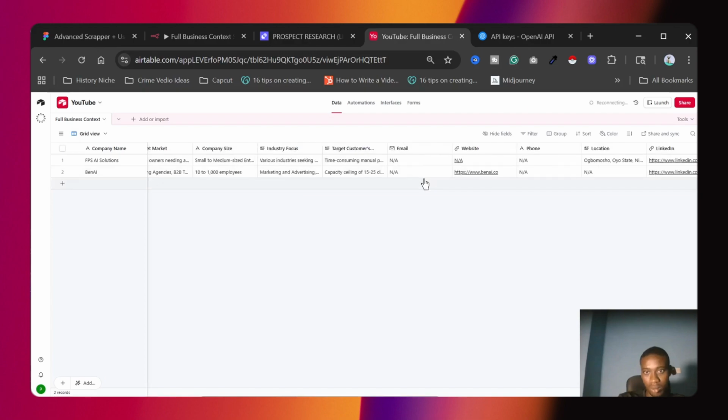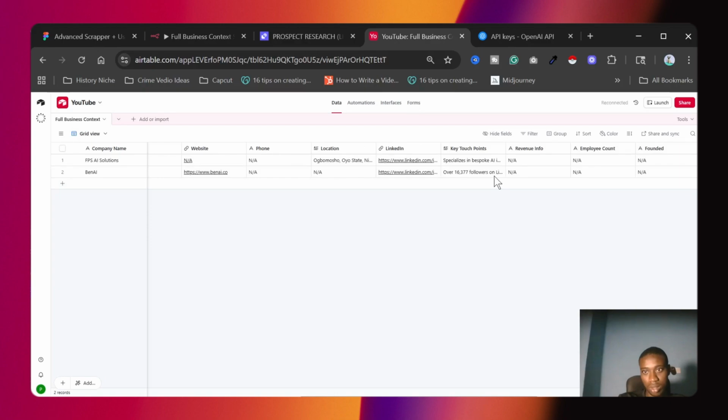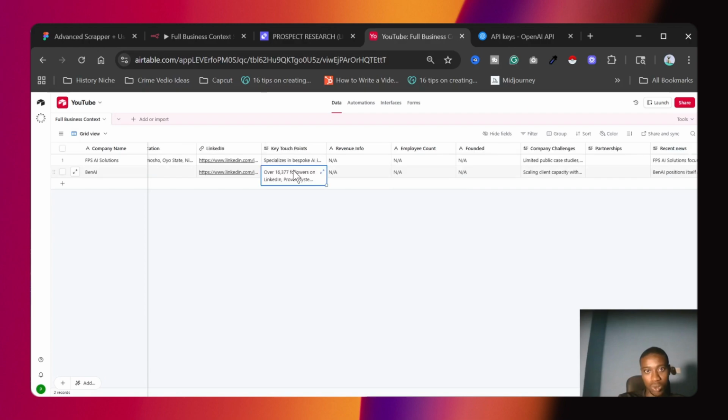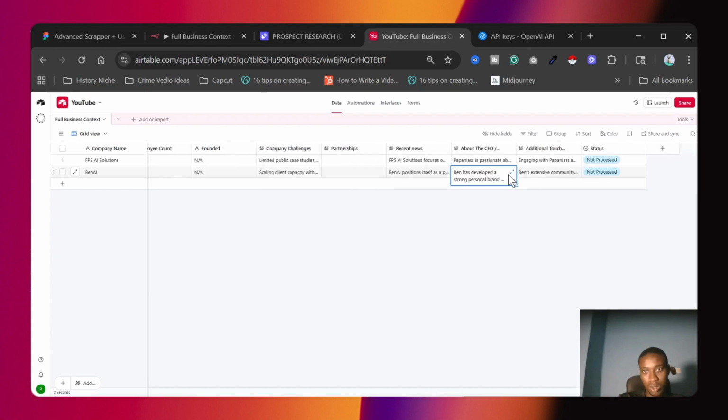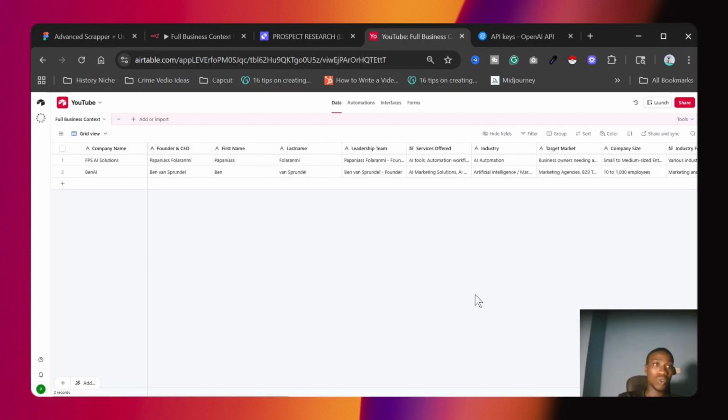So you see, this is more detailed than mine. Actually, more detailed than mine. If you click on this text, you see it's just full, and you can see everything is just nice and cool. So that is it for this first setup, and I think this is getting longer than I expected. So guys will just have to chill with me, and so this is basically how the first scraper is going to be.